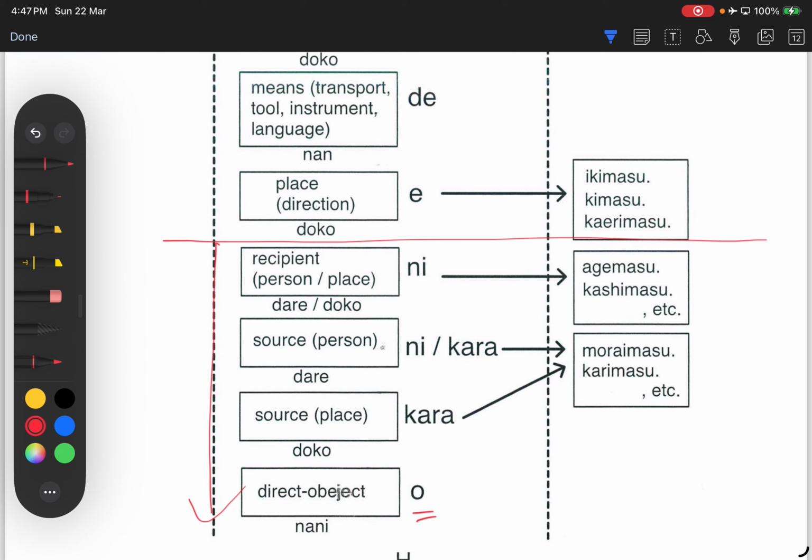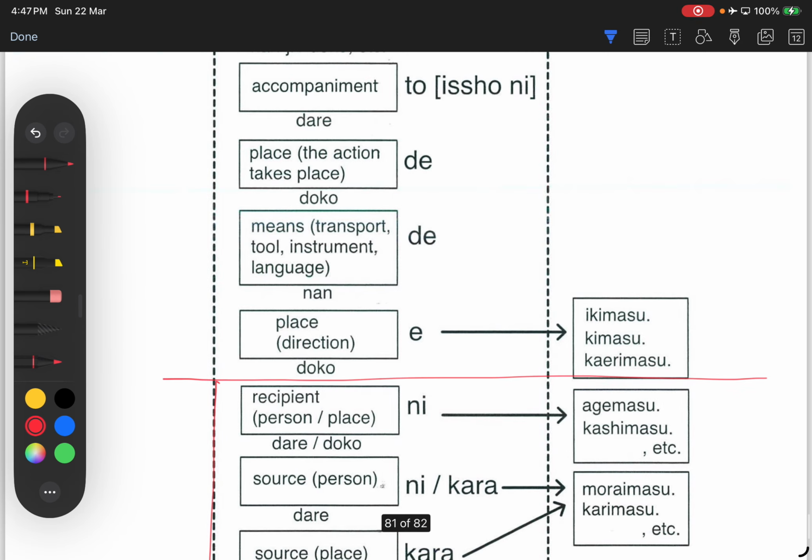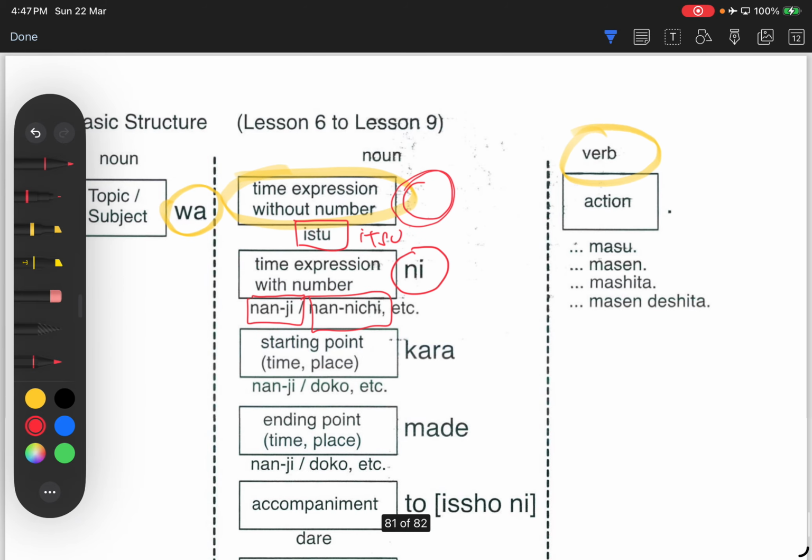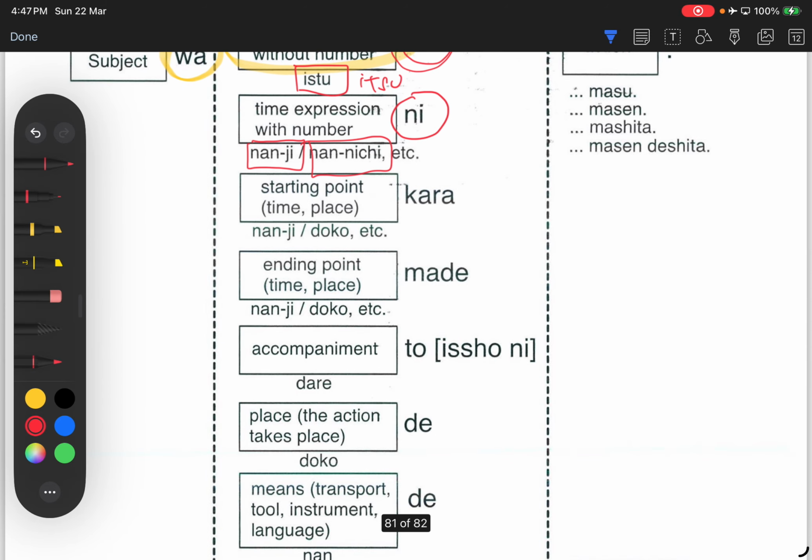So far we learned until here. So the priority system is simply from here until here, and then we end with the verb. That's how you are supposed to form the sentence. Okay, so if you are doing your homework, you can refer to this page to see how I am supposed to phrase my sentence. Which word should come first? Should time come first, or should the place go first? Which one is priority? You can check this list. Okay, so I think with this today we will